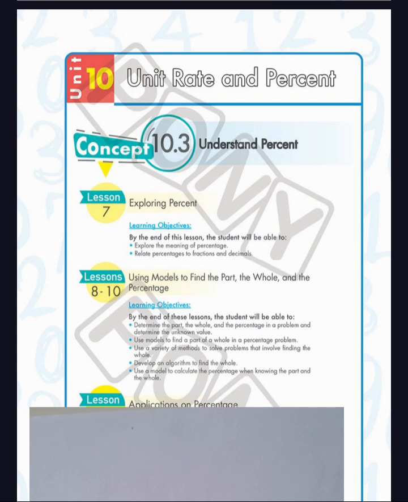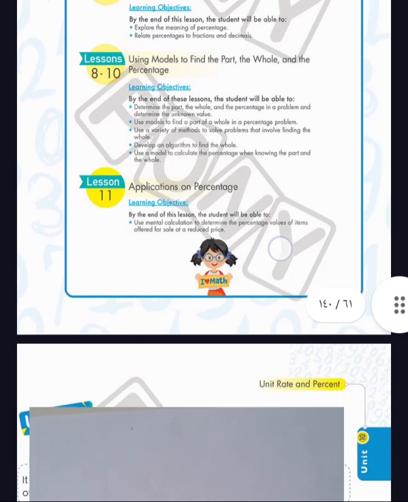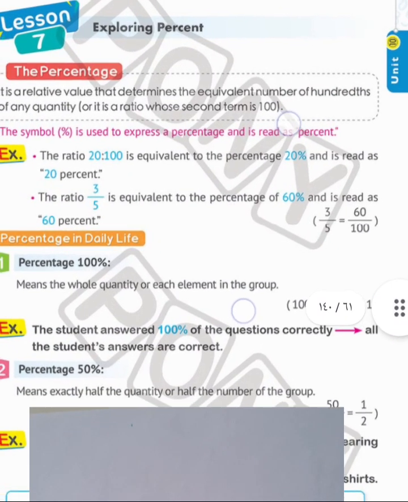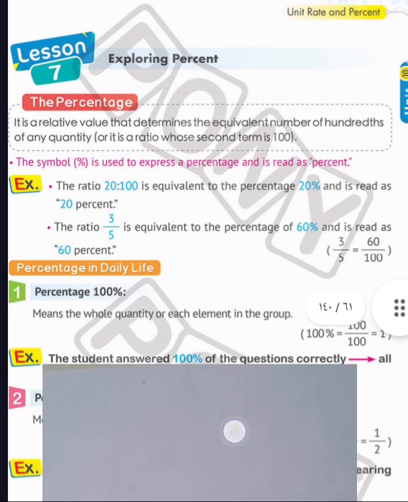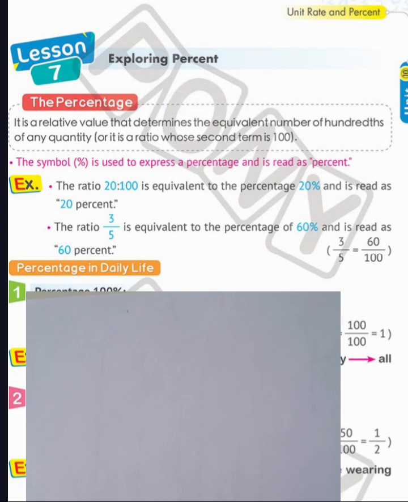Book, Unit 10, Unit Rate and Percent, Concept 10.3, Understand Percent. Exploring percent definition. The percentage is a relative value that determines the equivalent number of hundredths of any quantity, or